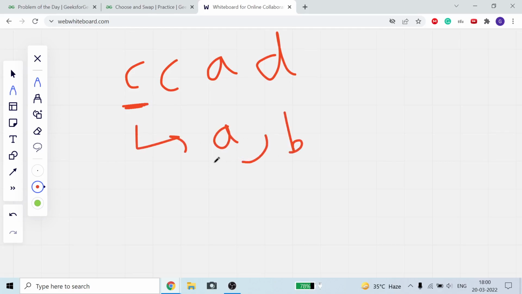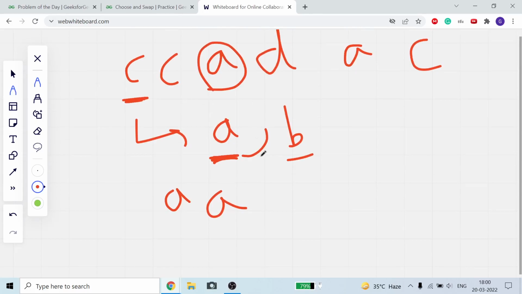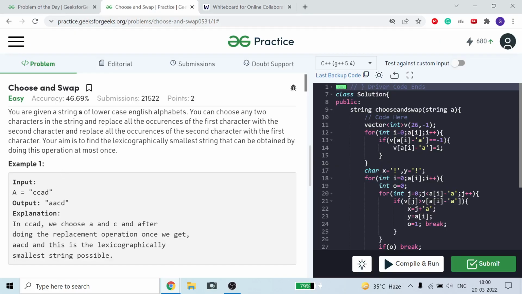Then we will check from a, because we have to put down the minimum character. Suppose we have b also and we have a also, then we will prioritize a, because a will make our string lexicographically smaller. Okay, so here we can see, here it is a. So our first character is a, second is c. So our string will look like a here, and a replaced with c and d stays. So this is our string a c d. We can see the answer a c d.